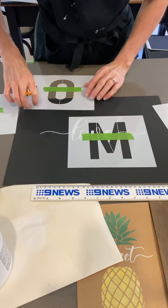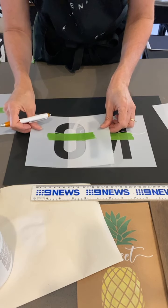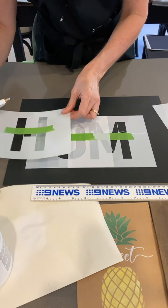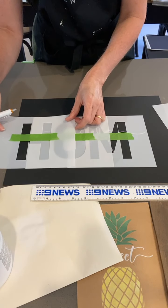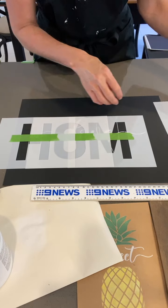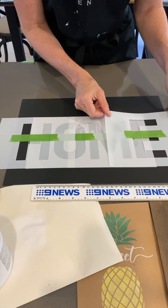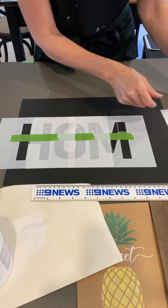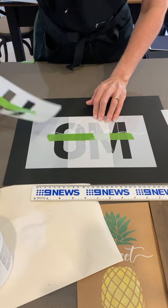Okay, and then I've got the O. So if I start at the center, then I can work my way out, just making sure that I've got these all around the right way, that they're all going to fit. Okay, I think it's a plan. Let's see if the plan works. We'll start with the M